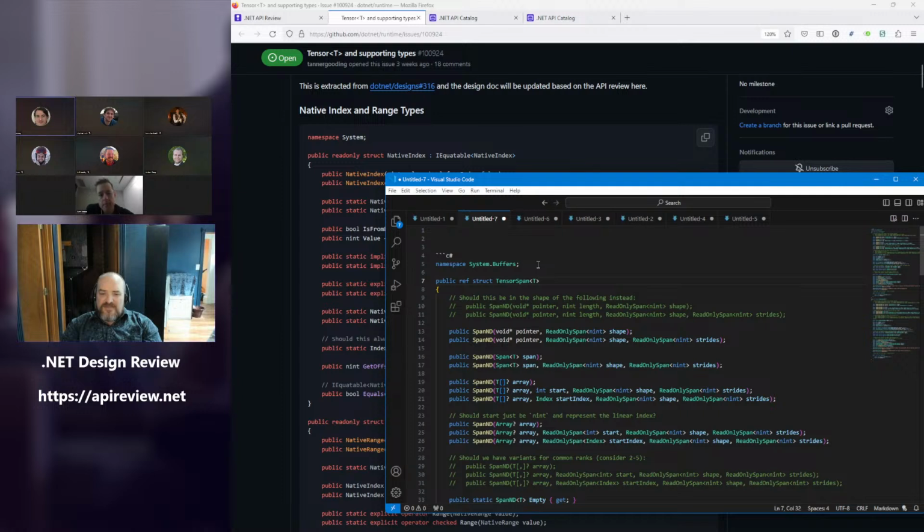Yeah. Well, and there's nothing preventing us from putting tensor span in core lib under the System.Numerics.Tensors namespace. We moved vectors and other types into core lib because that was the appropriate thing to do with them to get JIT optimizations and the like. And it's entirely possible that tensor span is going to need to be moved in core lib so that the JIT can do inference on things like the length is never negative.